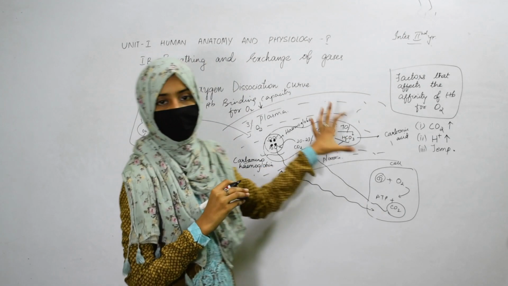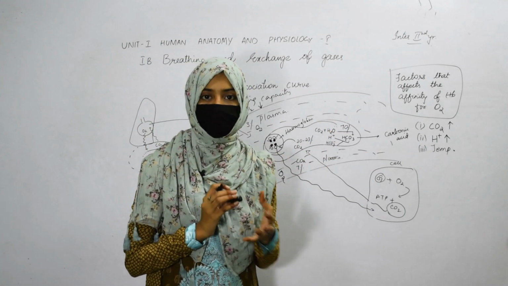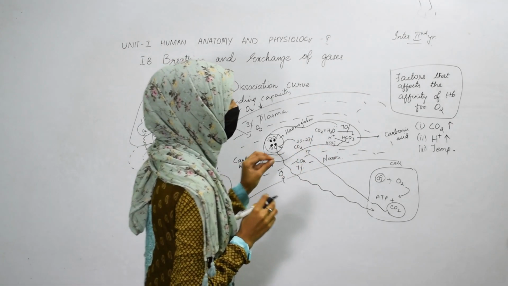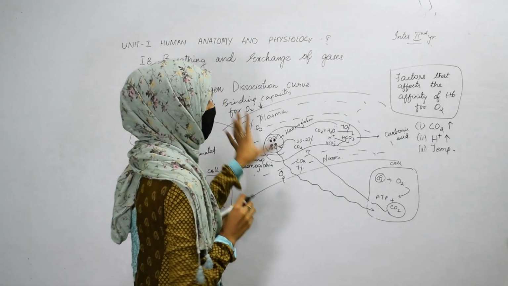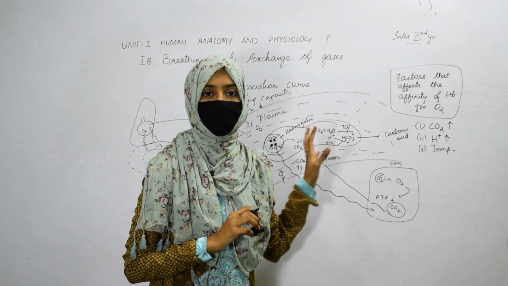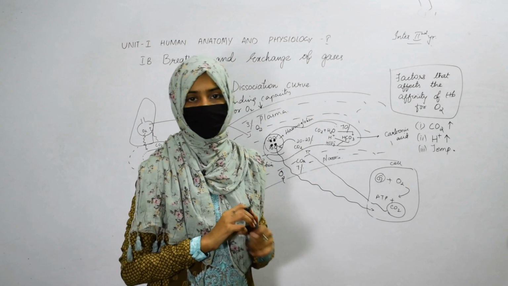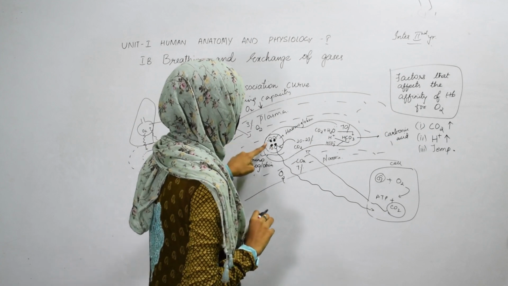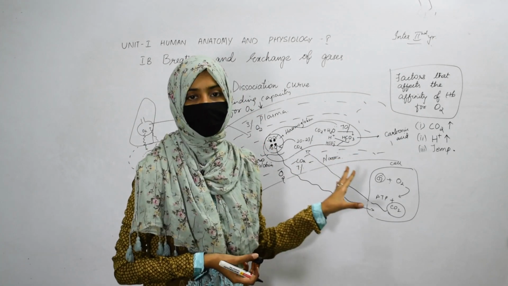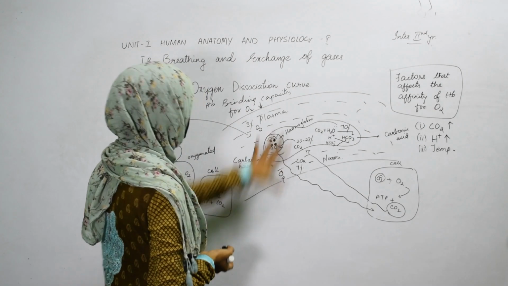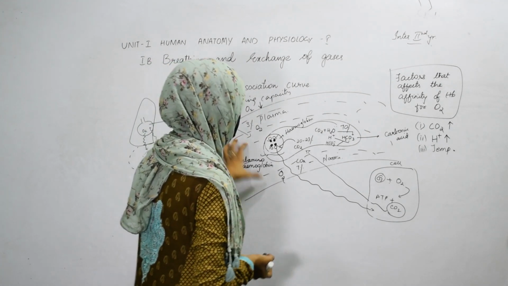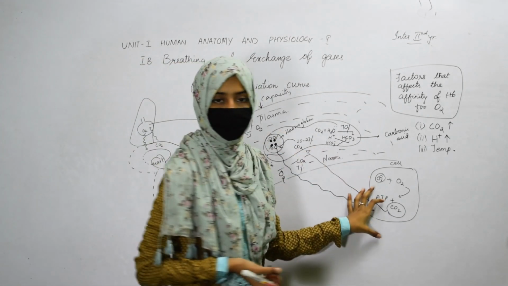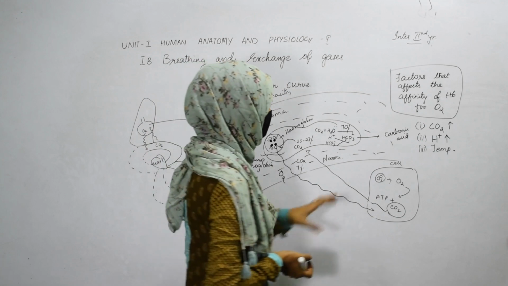Here the carbonic acid is formed, the acidic nature increases, and this leads to an increase in the temperature. So temperature is also one of the factors that affects the binding capacity of hemoglobin for oxygen. This is what happens to release only one molecule of oxygen. The remaining 3 molecules of oxygen stay with the hemoglobin. Only one oxygen gets released and transported to the cells of our organs. All these things happen in the blood after it takes up the oxygen from our lungs, and this oxygen is supplied to the cells of our body in order to form ATP.